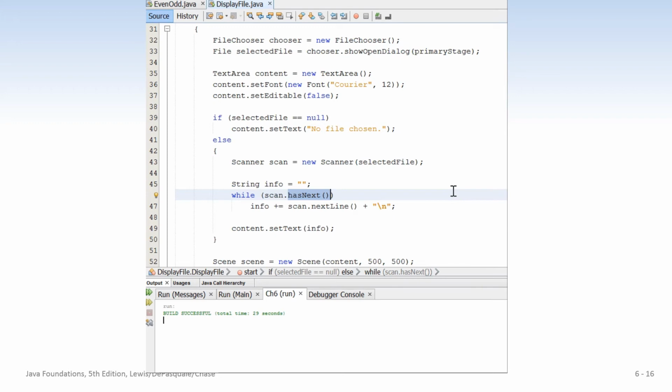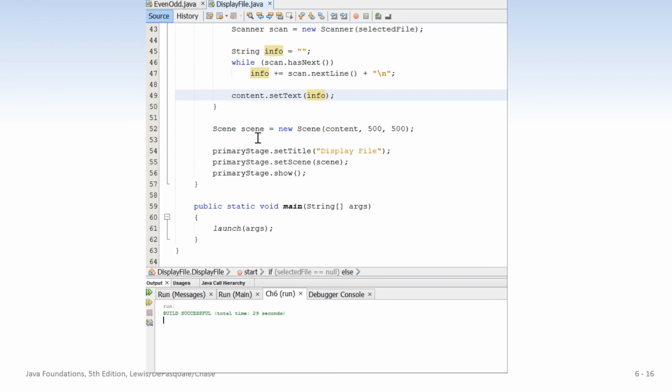While it has more input to scan, info gets a new line, scan.nextLine, plus the newline character, which will take us to the next line. Then the TextArea named content, call the setText method, and we will display info, and then all this other stuff, new scene, new stage,